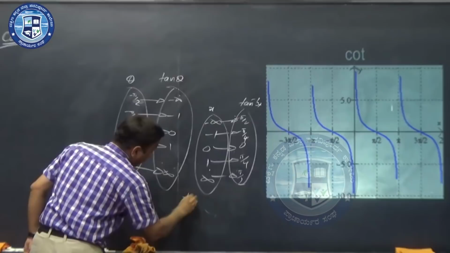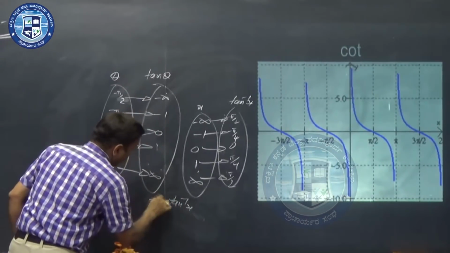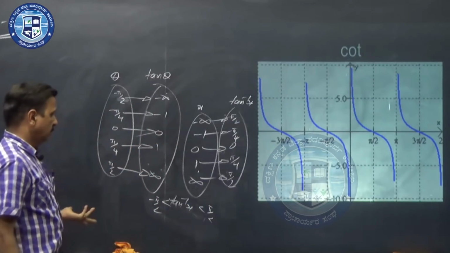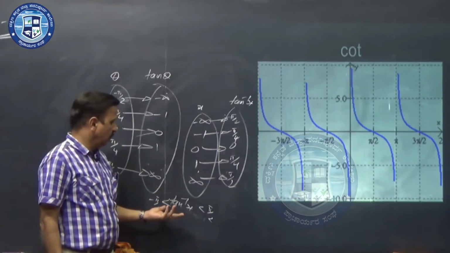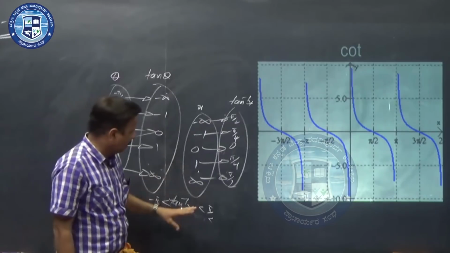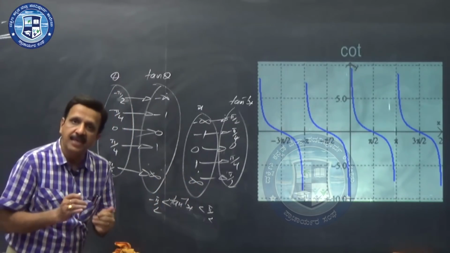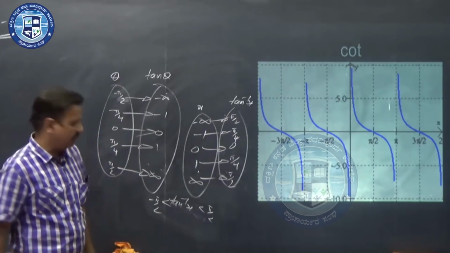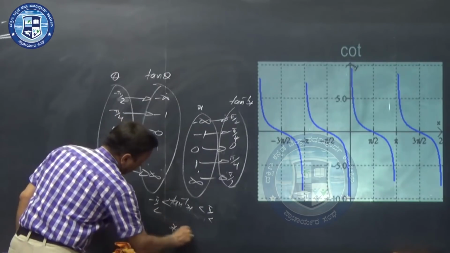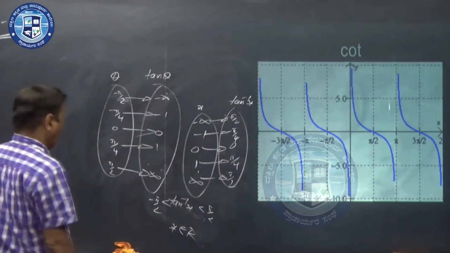So you write that tan inverse x varies between minus pi by 2 and plus pi by 2, open interval, not equal to, because tan inverse x equal to pi by 2 doesn't make sense, because if it is equal, then infinity should have been an element of a set. Infinity cannot be an element of a set, you know. That is why it is an open interval, whereas x is any real number, x can take any real value.